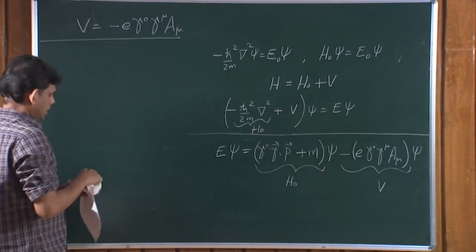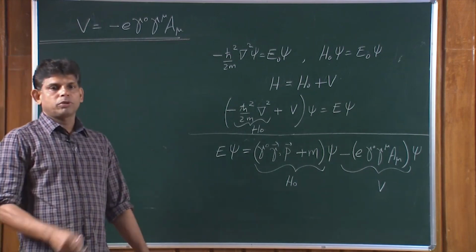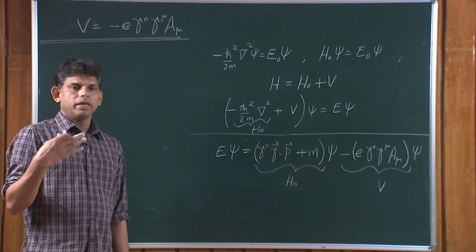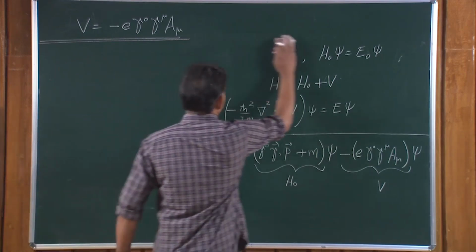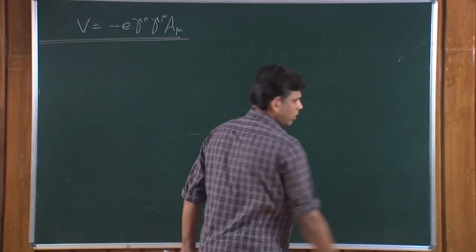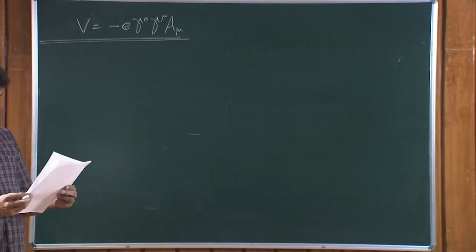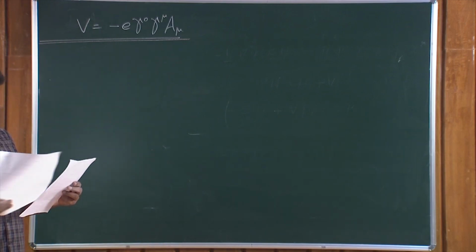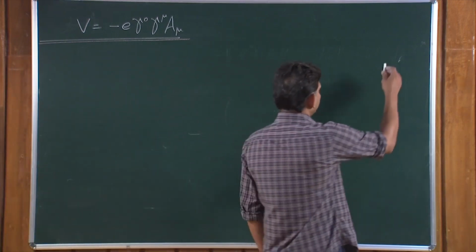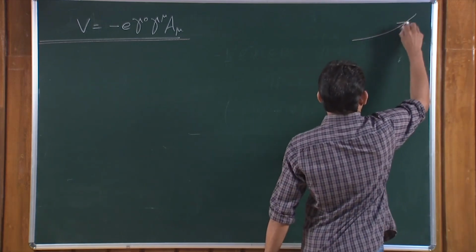So, this is the potential corresponding to the electron interacting with the electromagnetic field represented by A mu. Now, in this case, ultimately we want to understand how, say for example, an electron scatters off some potential,